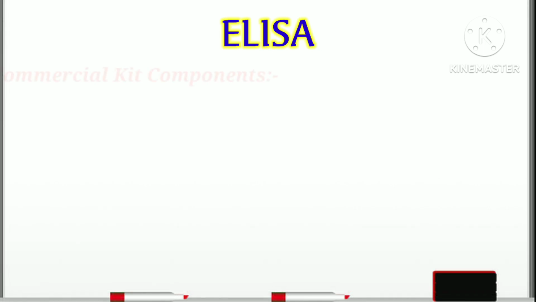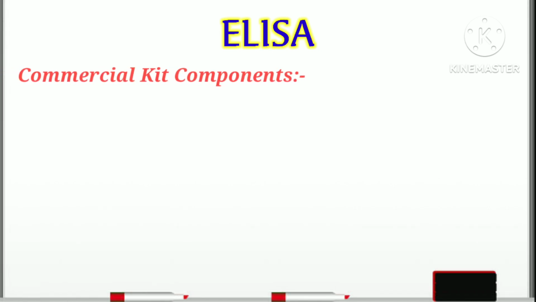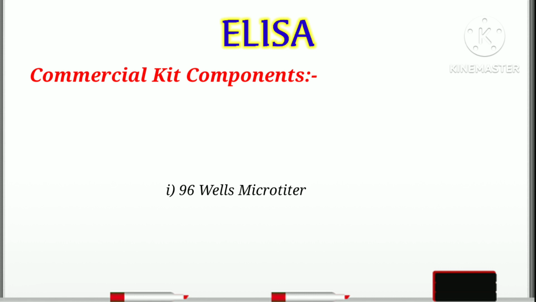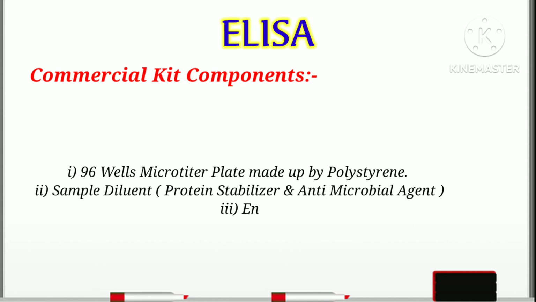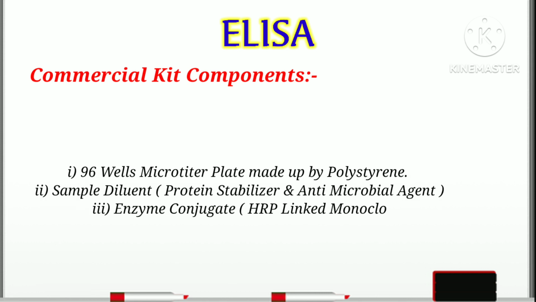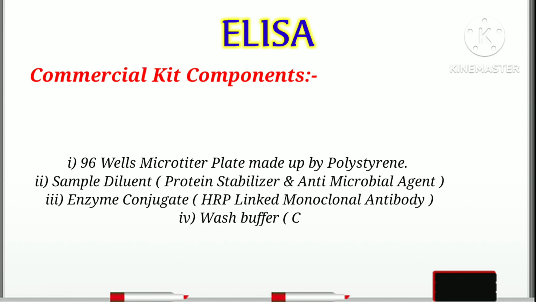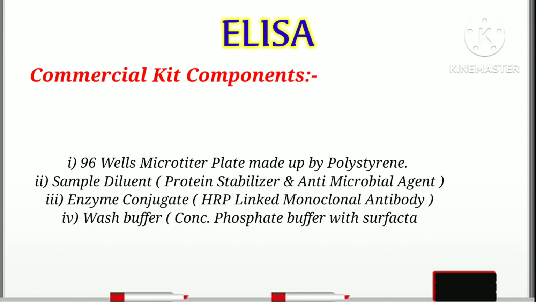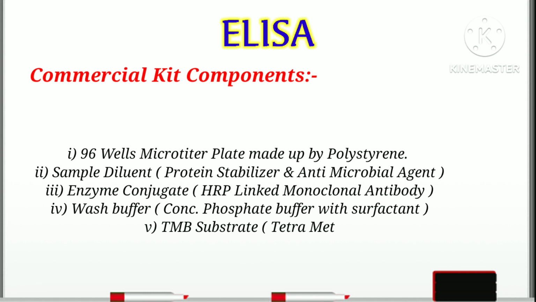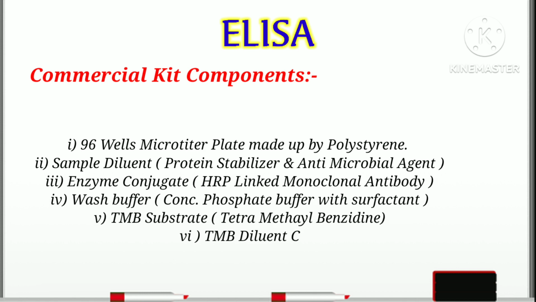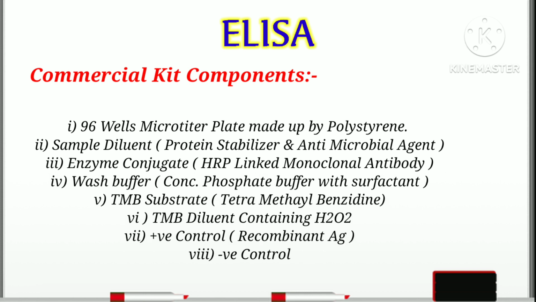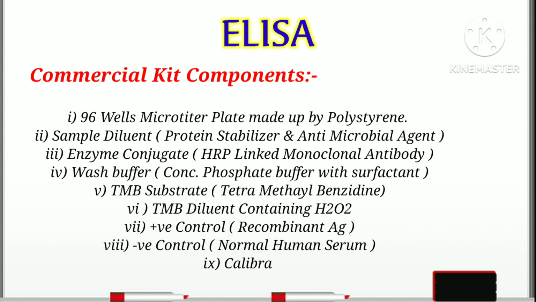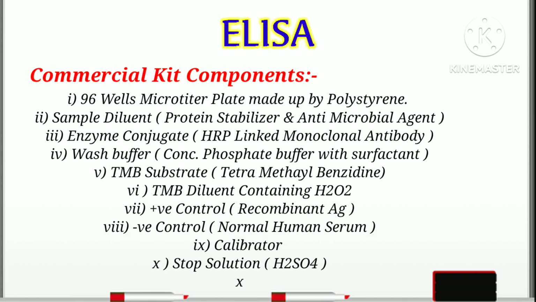Next point, commercial kit components. Number 1, 96 wells microtiter plate made up of polystyrene. Number 2, sample diluent. This is a protein stabilizer and antimicrobial agent. Number 3, enzyme conjugate. This is HRP linked monoclonal antibody. Number 4, wash buffer. Wash buffer is the concentrated phosphate buffer with surfactant. Number 5, substrate,